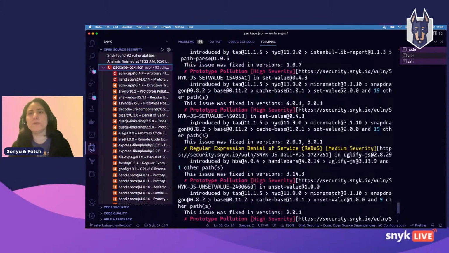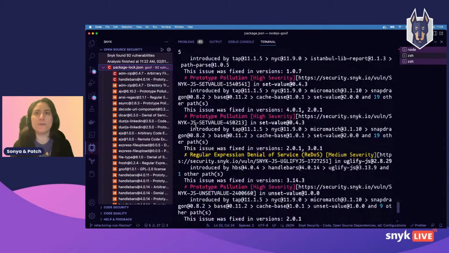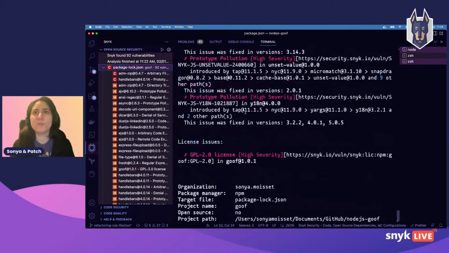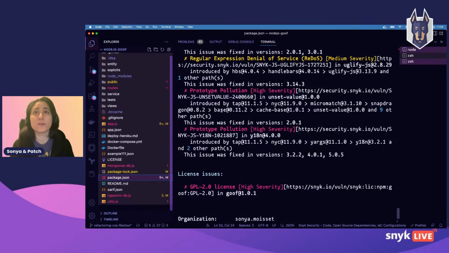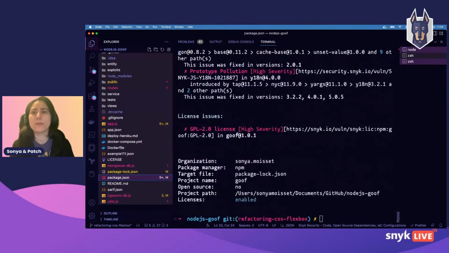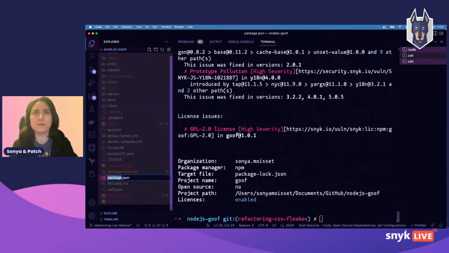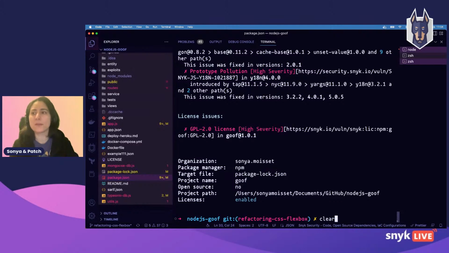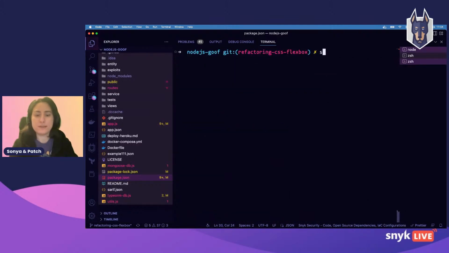Depending on whether you're more familiar using the CLI for this kind of data, or if you want to use the integration, you have several options. Also, if you think there's a little bit too much info here, you can filter this. With snyk test, I use the severity threshold flag and put it to high.